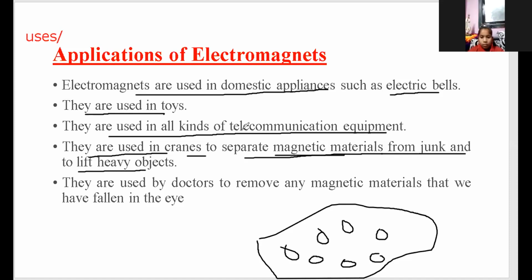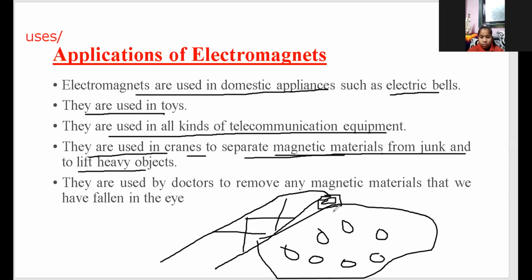Which are attracted by magnet. So if in a crane, suppose this is the arm of a crane, and an electromagnet is fixed over here, and that arm of the crane is passed from the top of that garbage, then all the materials that are